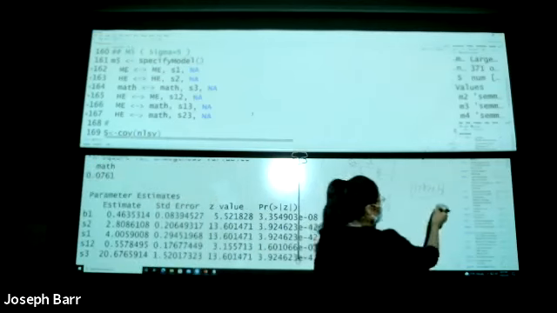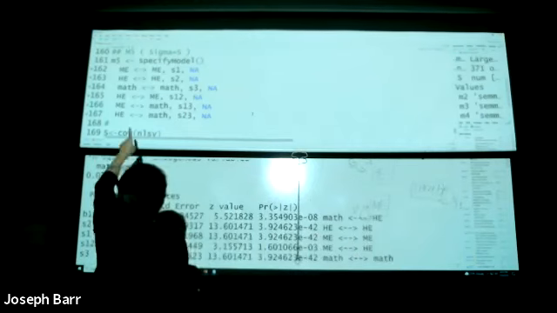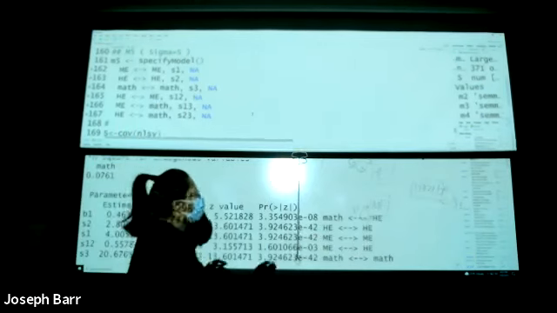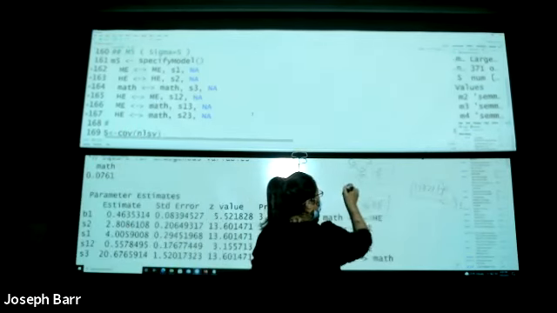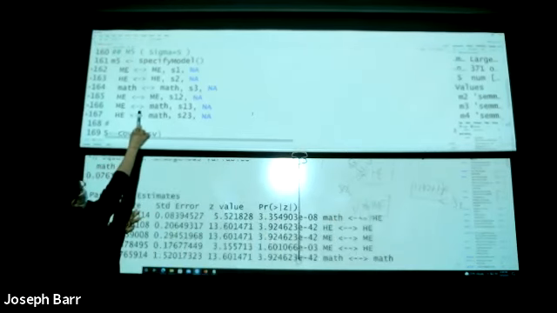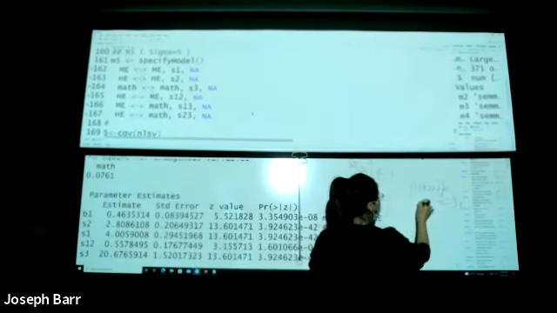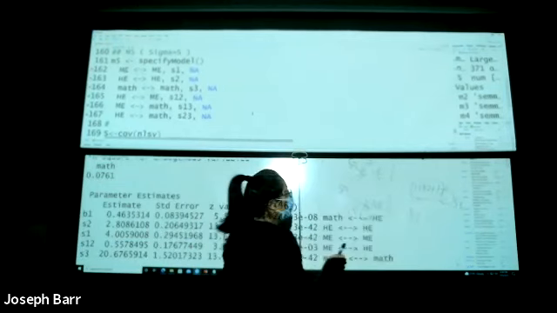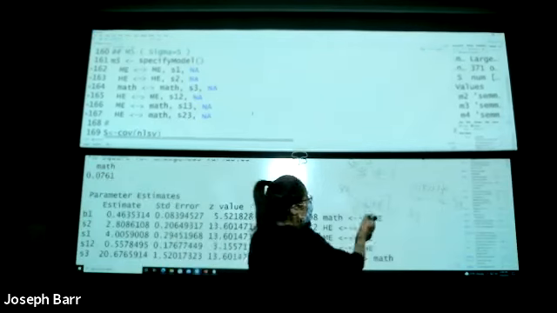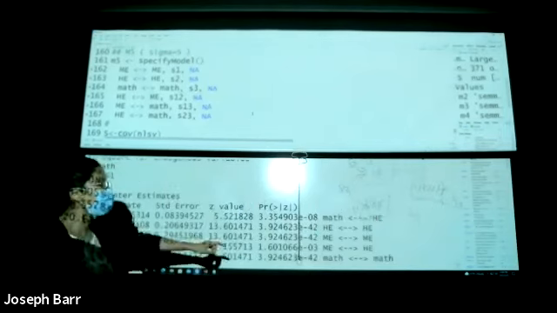Math S3. Okay, now let's look at this part. HE S1 2. Now let's look at ME double-headed math S1 3. HE math double-headed S2 3. That's it. This is our model.